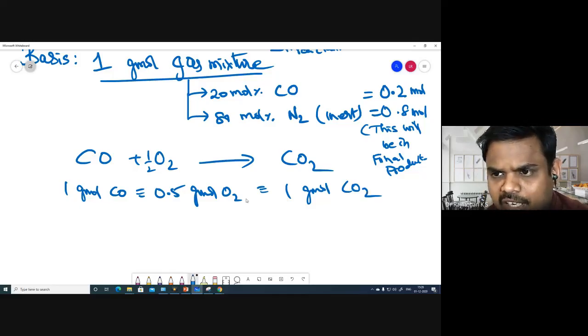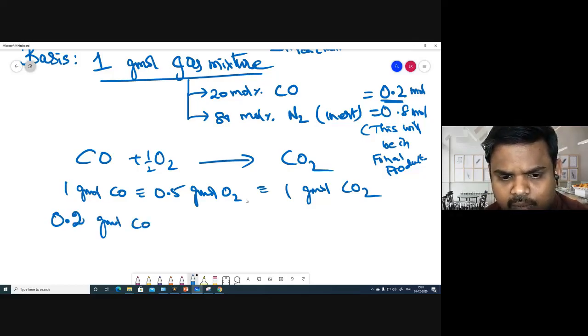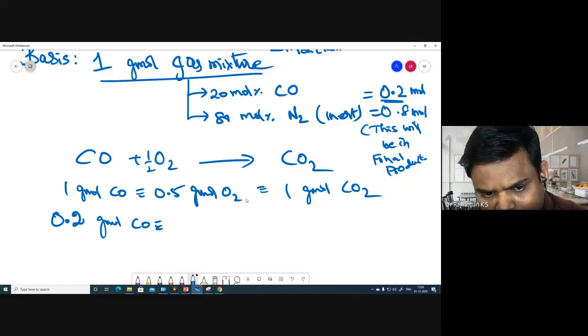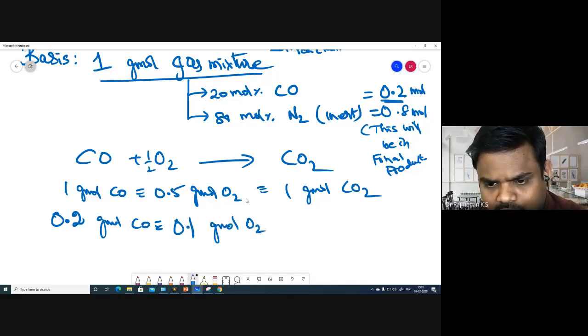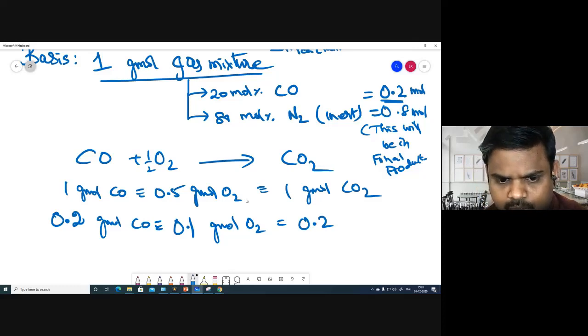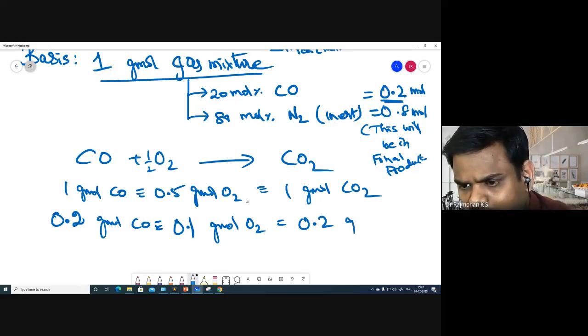In our system we have only 0.2 gram moles of carbon monoxide, so 0.2 into 0.5 by 1 is 0.1 gram mole of oxygen. And obviously we have a 1:1 ratio, so 0.2 gram mole CO will form 0.2 gram mole